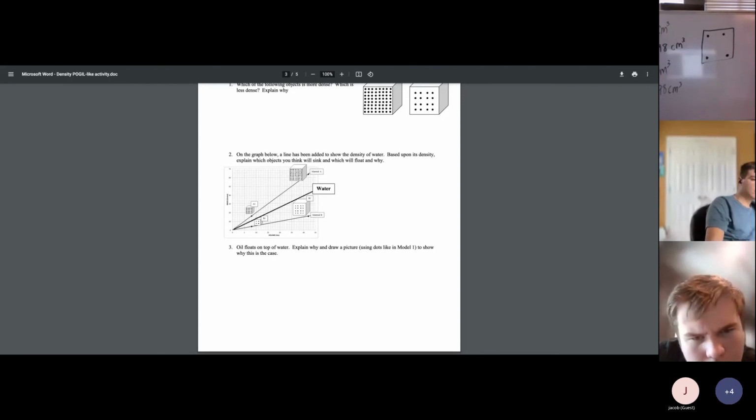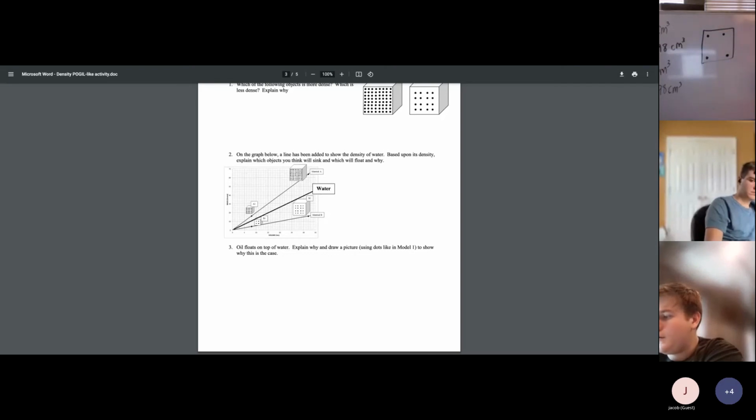The fact that the oil floats on the water. That is going to tell me what about its density? Is it very dense or is it not dense? It's not dense. So if it's not dense, there is a lot of space in between the little dots, in between its particles,